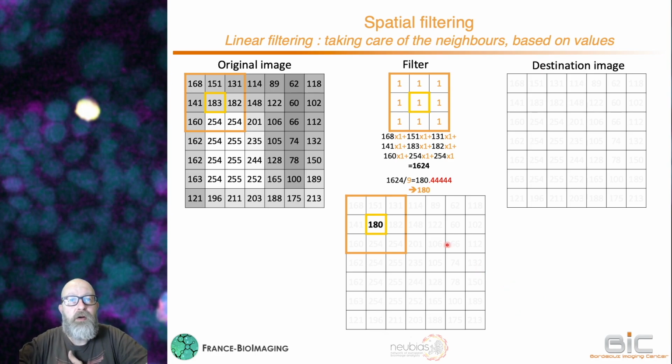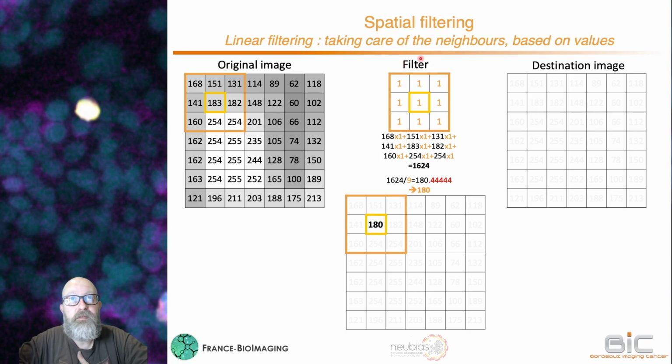As I told you, we are considering a pixel within a certain neighborhood. So for instance, in this example, we've got the original image. We will focus on only one pixel for now, and we will focus on a neighborhood of 3 by 3 pixels, on a square of 3 by 3 pixels. To do filtering, what you will need is both the original image and the filter. The filter is simply a small matrix, a small grid